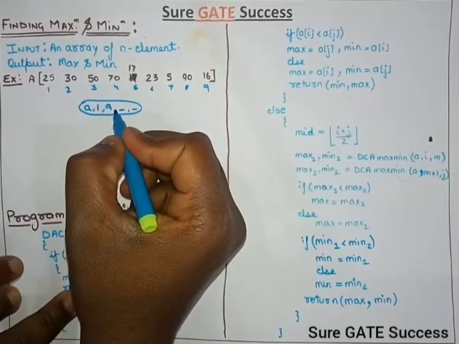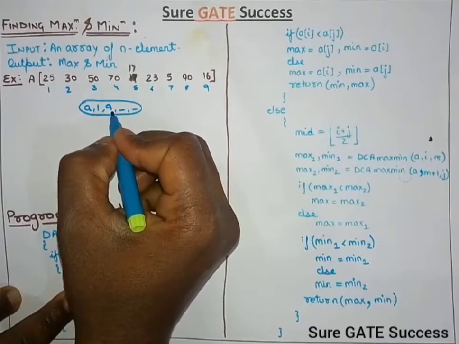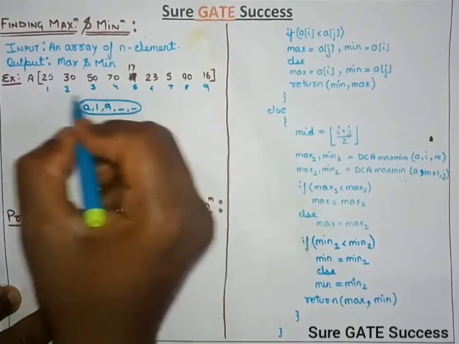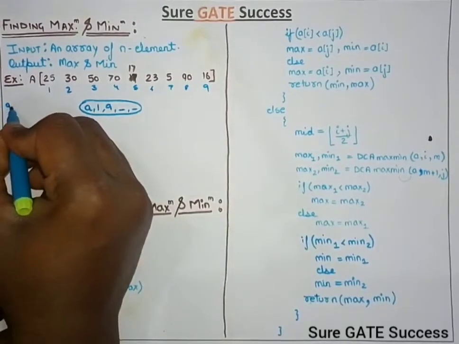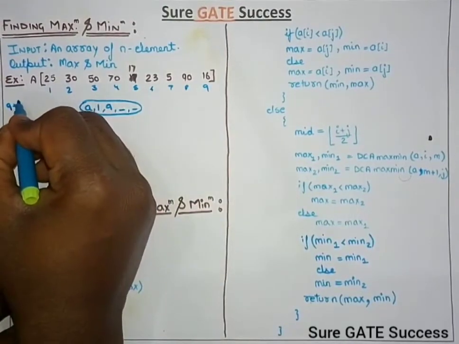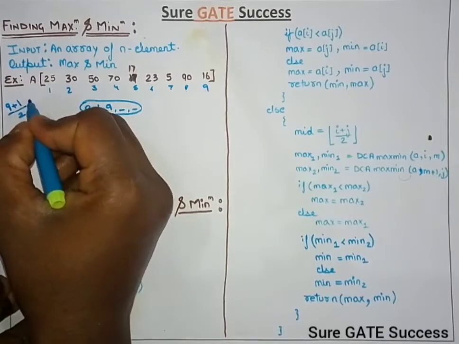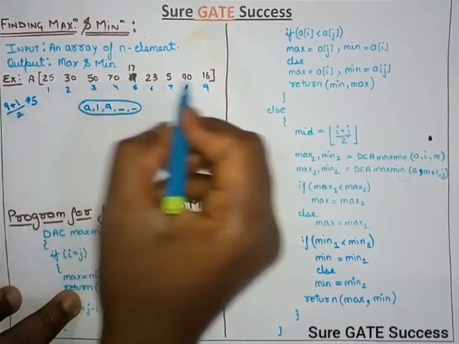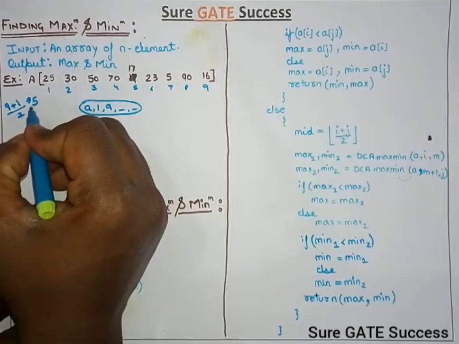Now what we have to do is divide the problem, as it is an application of divide and conquer. How can we divide it? See, it is 9, the last element address, and this is the first element address. So we have to add them and divide by 2. So we divide last address plus first address divided by 2, and it will be 5.